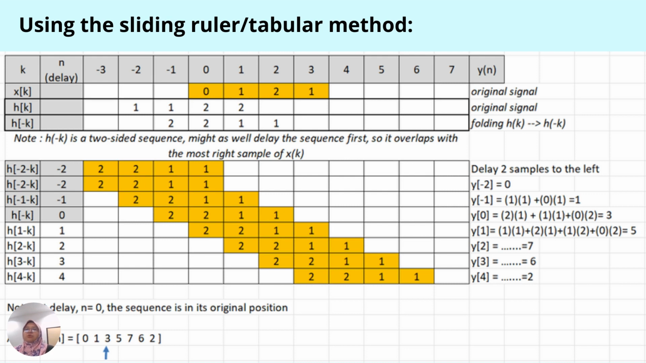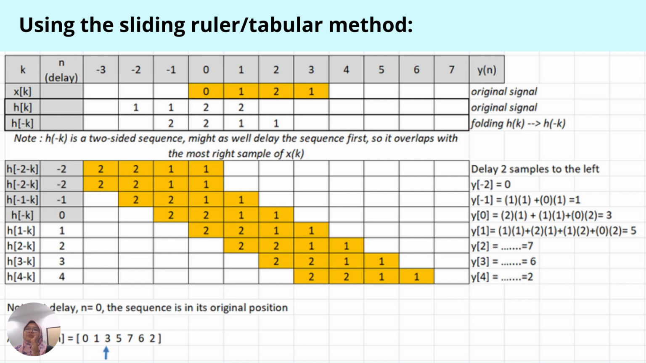Okay, kalau you tengok betul-betul. So please look at this carefully. We have already discussed this in detail. Okay, and then this is the sliding ruler or tabular method. What is important here is the n, okay, and then the sample number, which is the k,